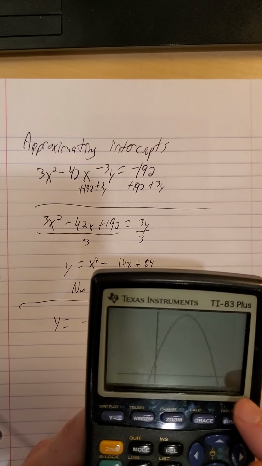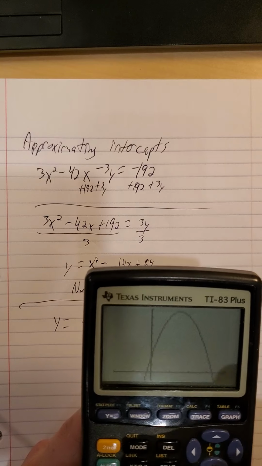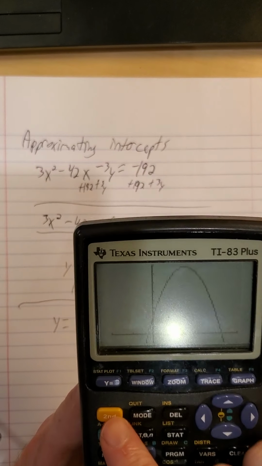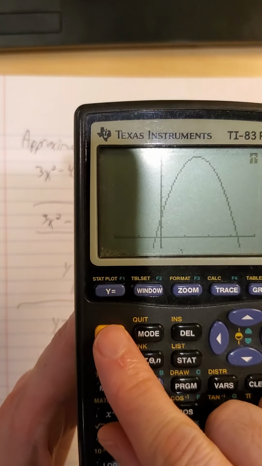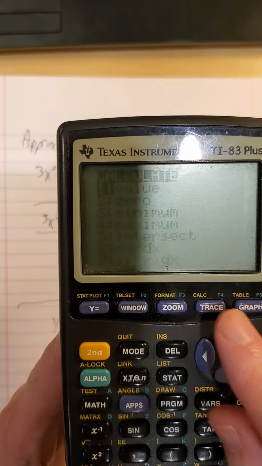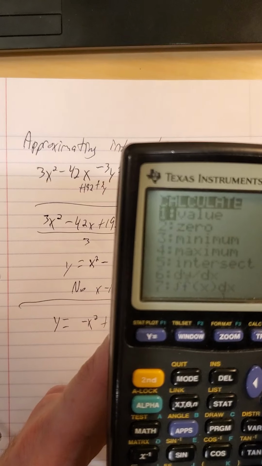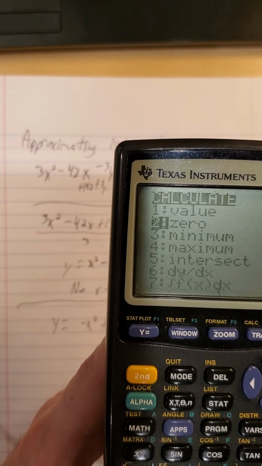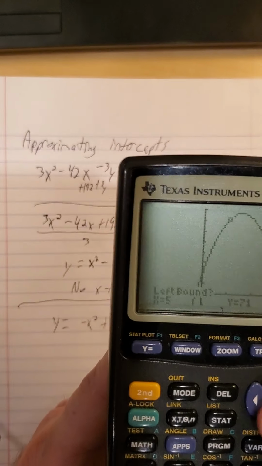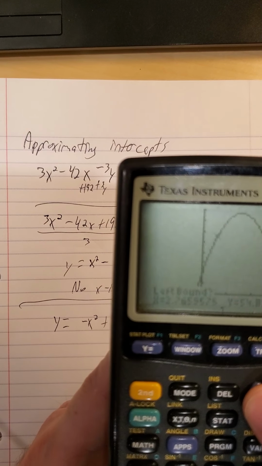We see there's 2 places it hits the x-axis, so we're going to have it calculate something for us. So second button, that's your yellow key here, second and calculate, and we wanted to calculate the 0. So left bound, we're going to move that cursor until we are